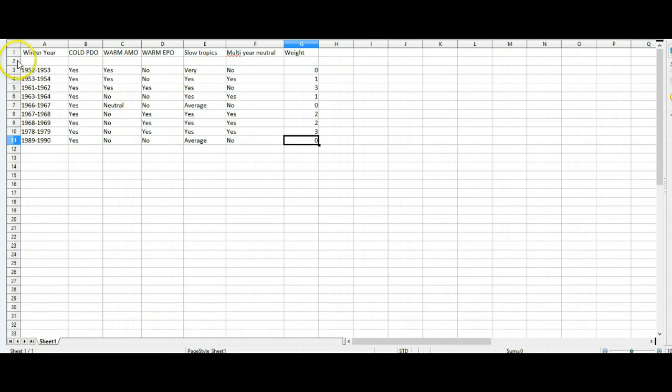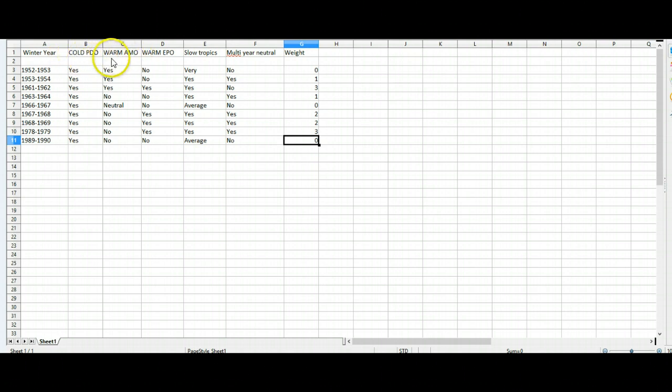And first of all, these years here were neutral ENSO years. Going through the list here, the first thing I wanted to look for was a neutral ENSO with a cold PDO. I think we're finding more and more that the Pacific is a huge driver in the weather patterns, even more so. You'd think the Atlantic, which is closer to it, would be the big driver, but no, it seems to be more in the Pacific. So I was looking for that cold PDO.